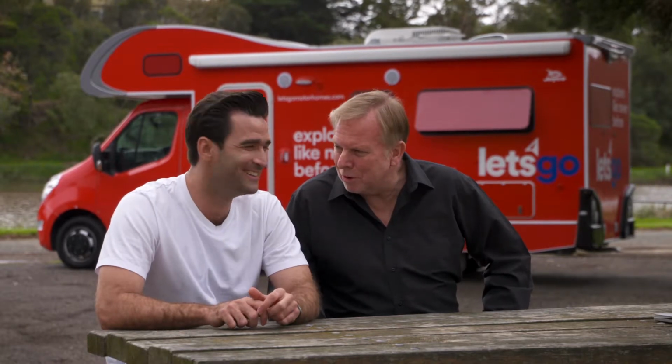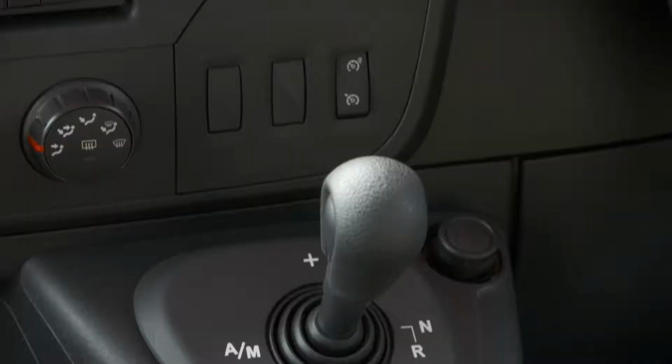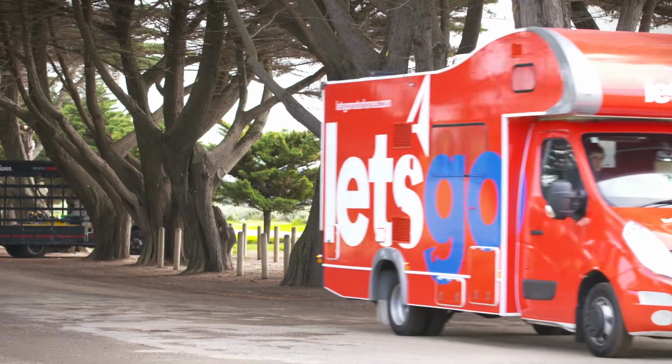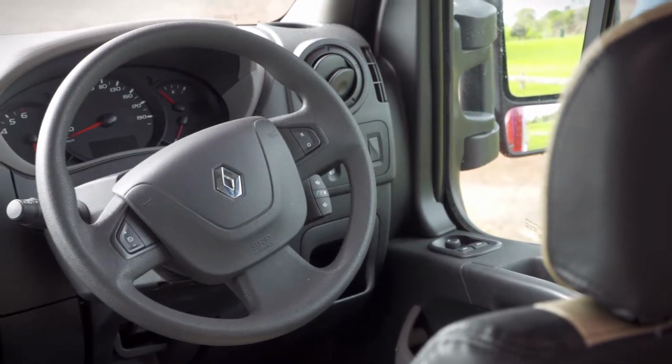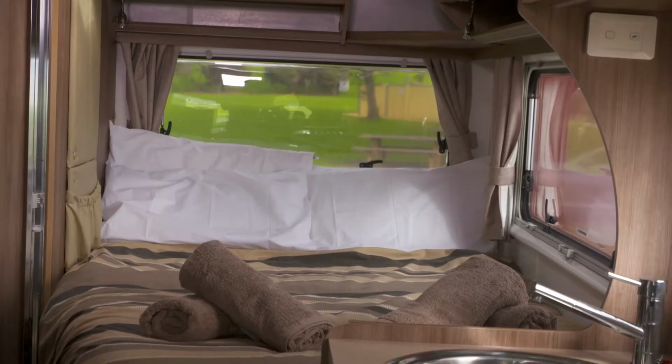Well, I love getting out and about, Lynton, with yourself and Emma and My Market Kitchen and Let's Go Motorhomes. Rentals, automatic, you only need a normal licence. So get up the front, start driving it, enjoy your trip around Australia or wherever and say, I like that. Almost like the try and buy, although you don't have to buy, but I like the catchphrase, let's go, because that's it, let's go. You've got your air conditioning, you've got your solar, 2 double beds,